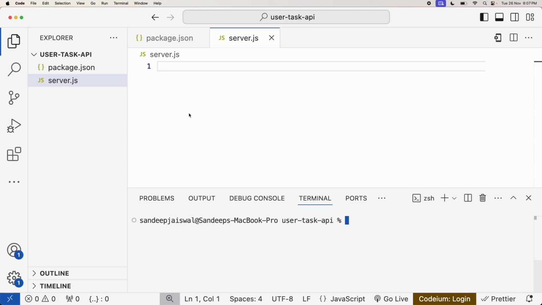So for the project, what do we basically need? For creating the server, we need Express, right? For connecting the database, we need Mongoose, right? Two things as of now I think we are using. So just install it, npm i